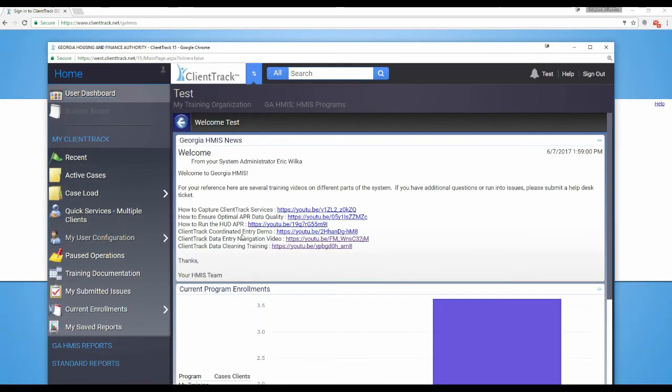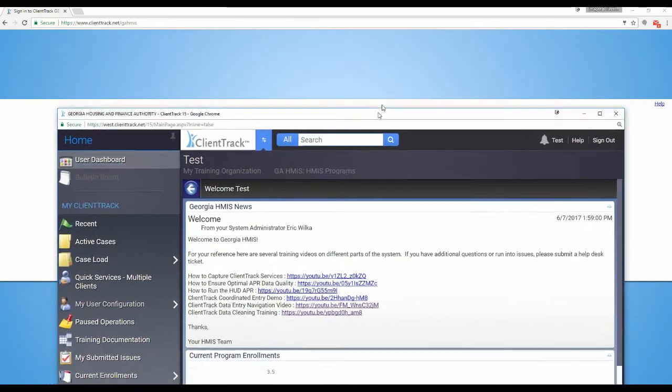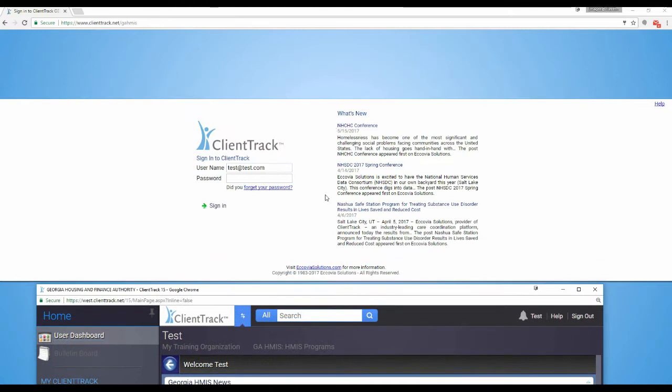And now if this is the first time you're using ClientTrack, you might not get this pop-up here because your web browser might have a pop-up blocker set up on it and actually block this screen from coming up. So if you don't see this screen and you're still stuck on this screen, I'd recommend looking up here in the top right. You'll probably see a little notification here that pop-up has been blocked, and usually there's an option